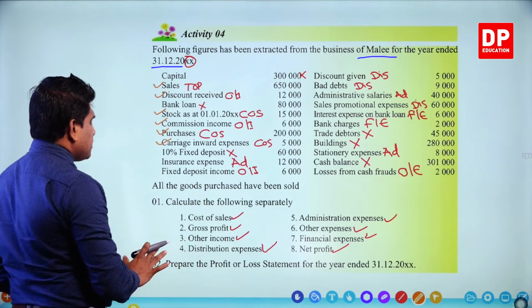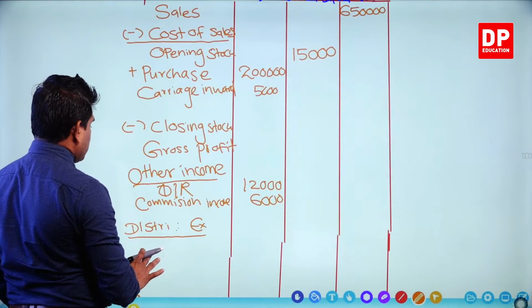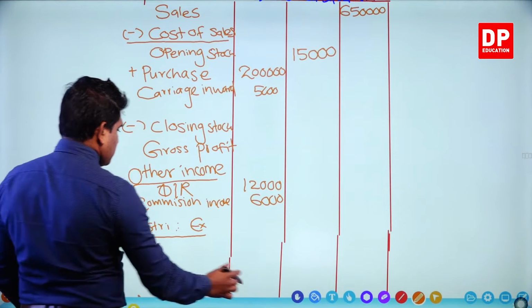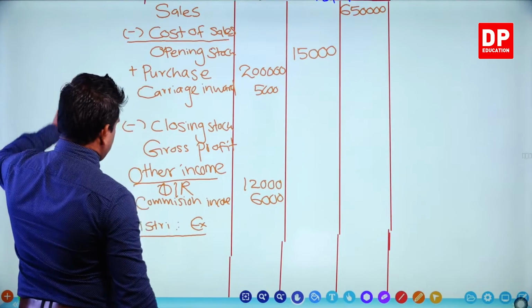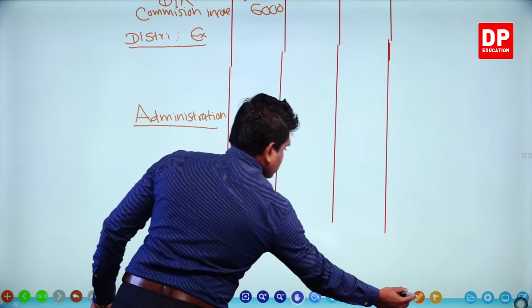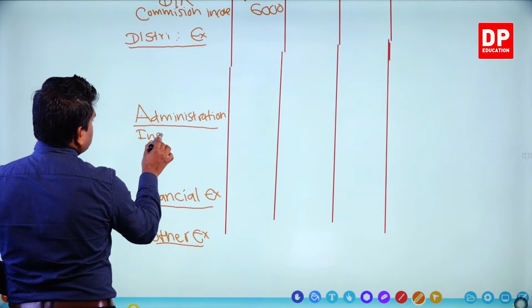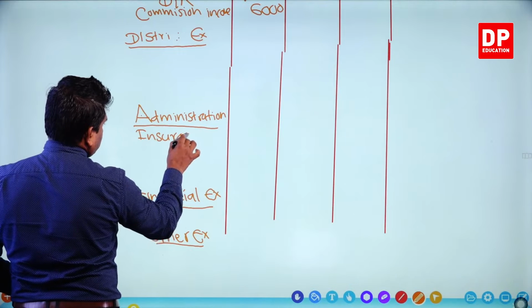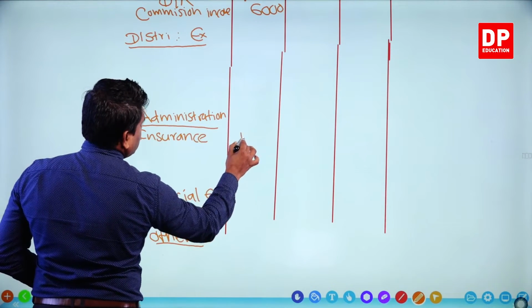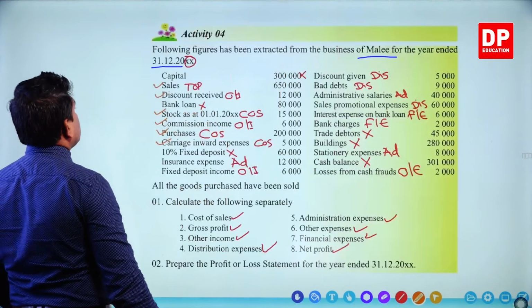Insurance expense 12,000. Here you put insurance 12,000. The next one,